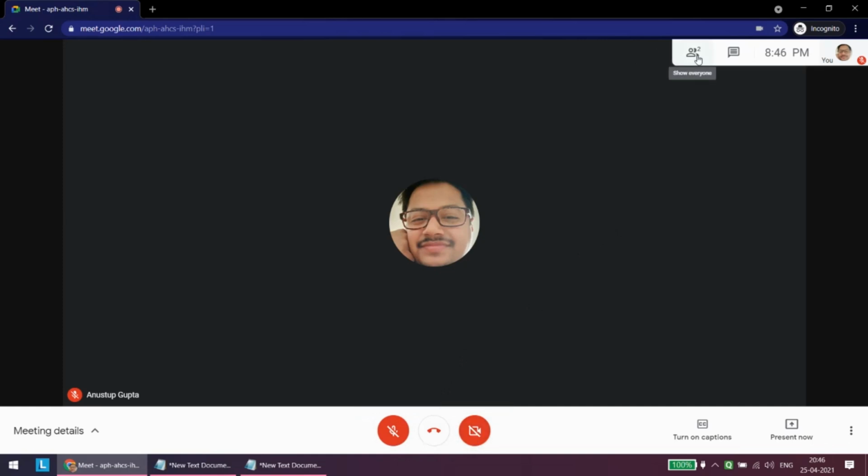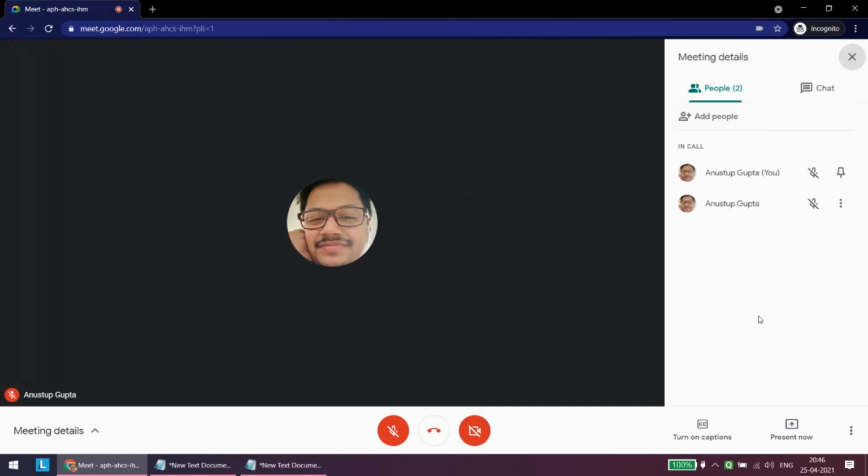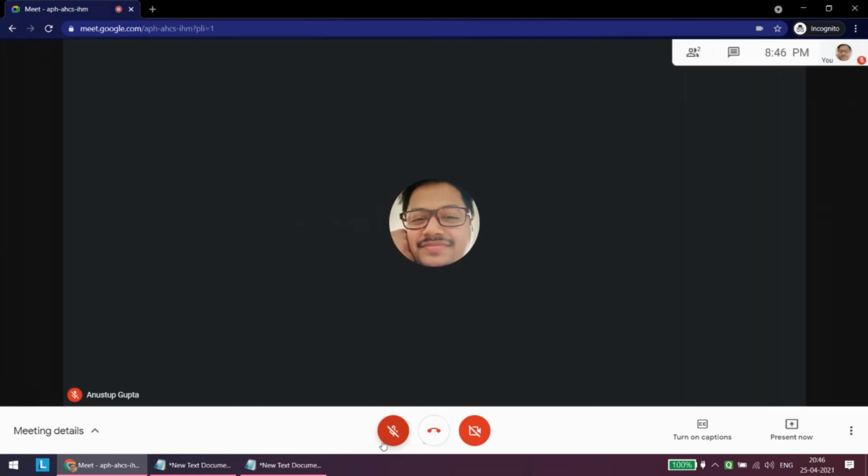You can see all the participants using the participants window, all the organizers, all the teachers on the day of the event. If teachers are trying to communicate to you using chat messages, you can also do as we are normally doing in WebEx. Major controls are at the center of the screen: microphone and camera. Whenever any organizing teacher asks you any information or your turn or time of performance comes, you can kindly unmute your mic and start your video and start performance.